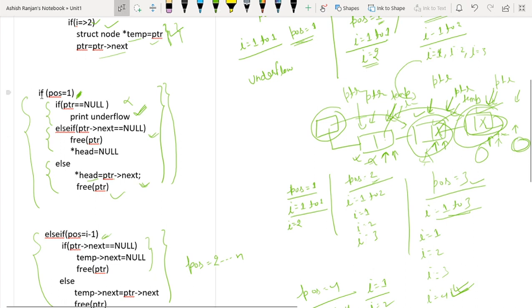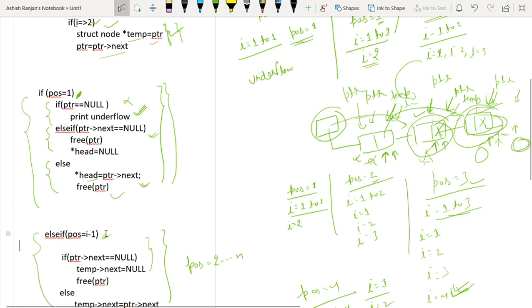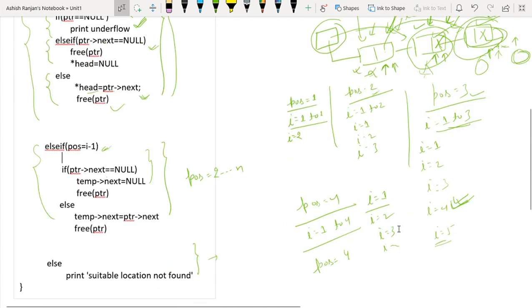So we can do one thing here. If PTR is equal to null, pos equals 4. For I equals 1, nothing will happen.